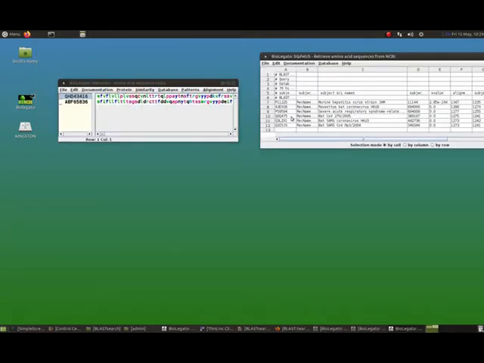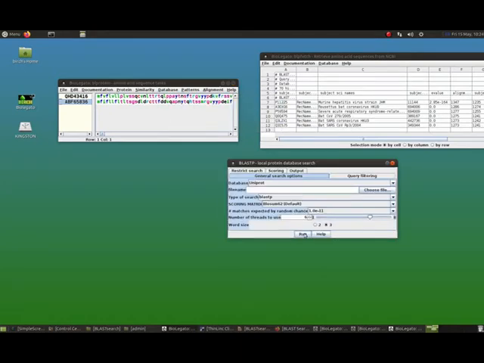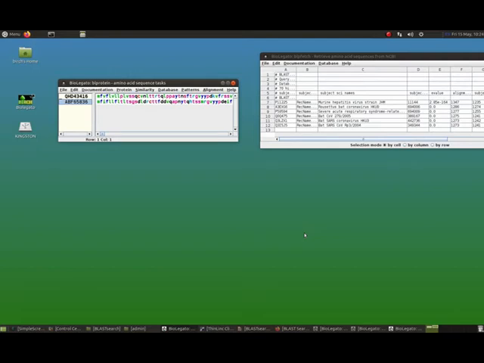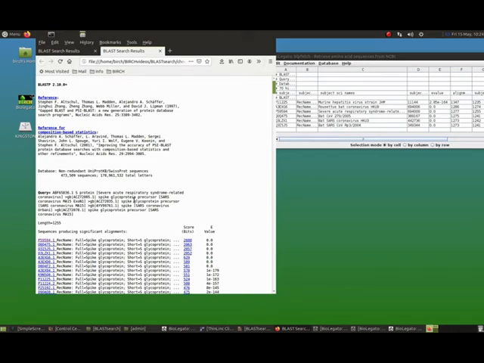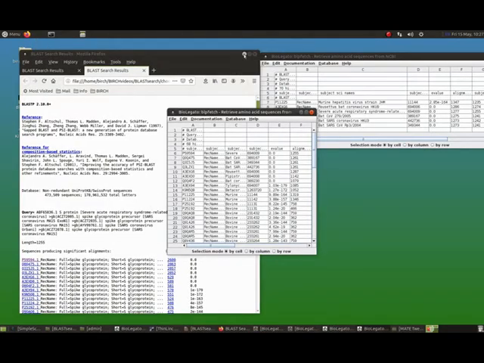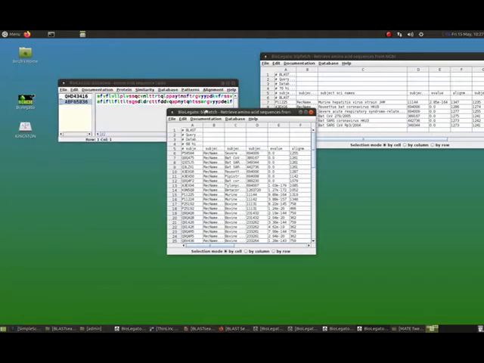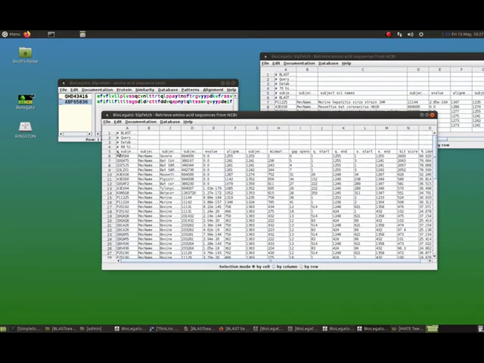So I've closed some of the windows, and I've put our first list of hits from the first query over to the side, and now we'll do the second search and get the results from that. So use all the same parameters, and once again we'll get the output both in an HTML window as well as in the other windows. So now I'm just going to minimize this report to get it out of the way, and now have a look at the same window from our second search. You can see there are